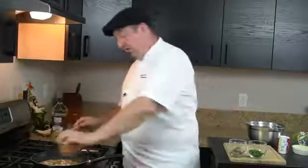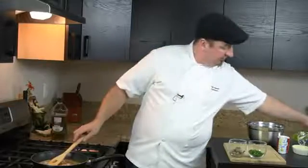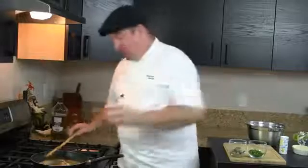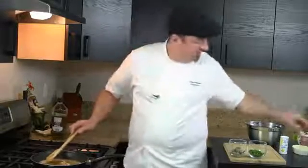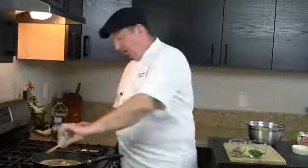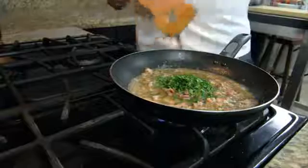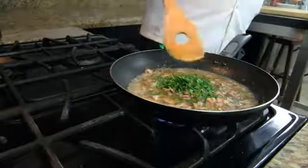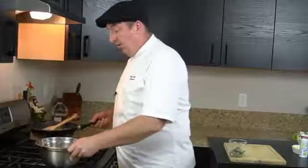Then we add our hot sauce, pepper, and salt, and our parsley. Can take all our mix